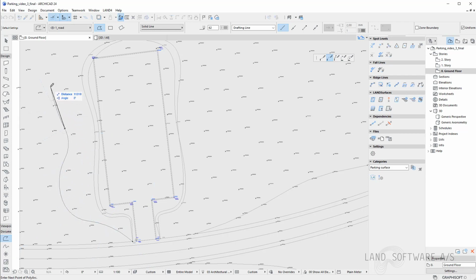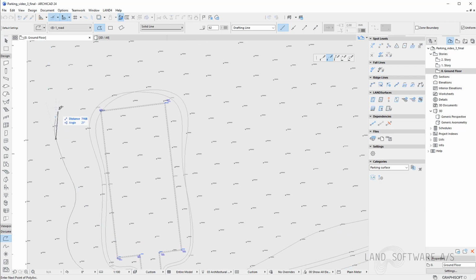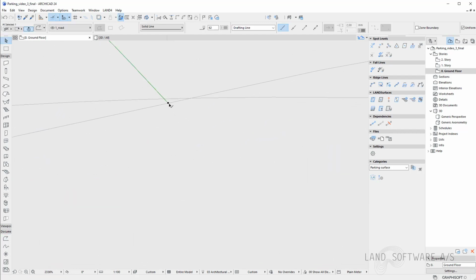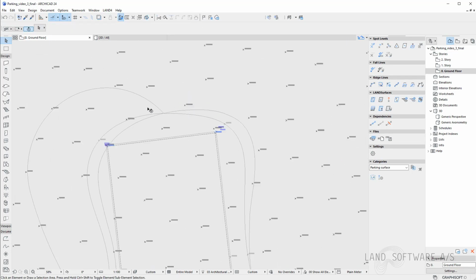So maybe I want to follow this, or I want to follow the pavement. And of course, I need to make sure I'm closing the line at the junction.